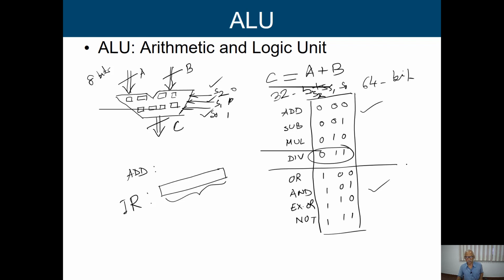Now I think you have a slight idea what the control signals are that need to be generated by our control unit. So now we have discussed the adder circuit. We have also seen that the adder circuit can be used to do subtraction also if we are representing our numbers in 2's complement form. Like that we have a multiplier circuit and a divider circuit.